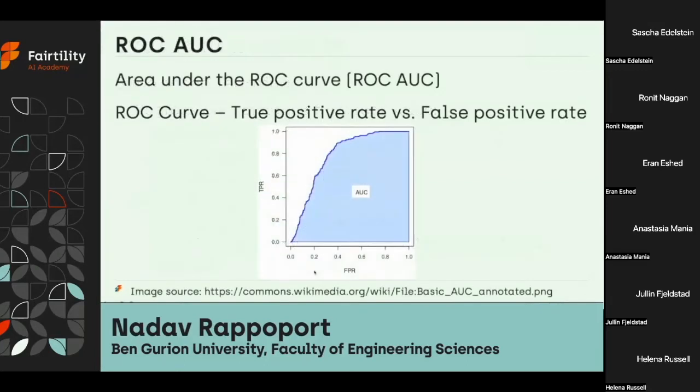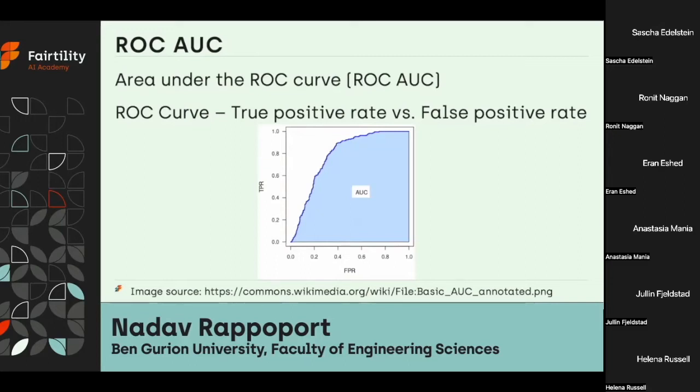The area under the ROC curve, or in short, ROC AUC, is broadly used to evaluate the performance of binary classifiers. The ROC curve plot illustrates the trade-off between the false positive rate and the true positive rate for different decision thresholds. What I mean is that when our classifiers output a value which is a probability or its confidence that one sample belongs to the first class or to the other, we can binarize the prediction using the threshold.